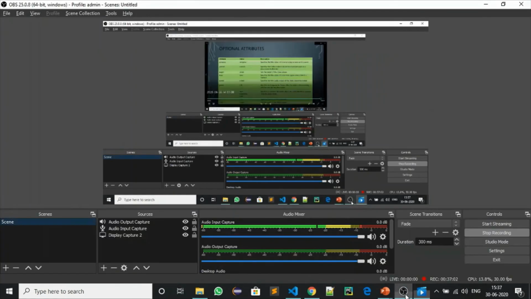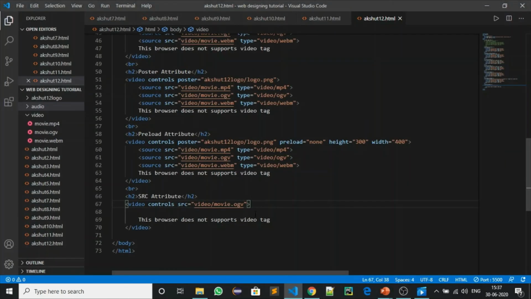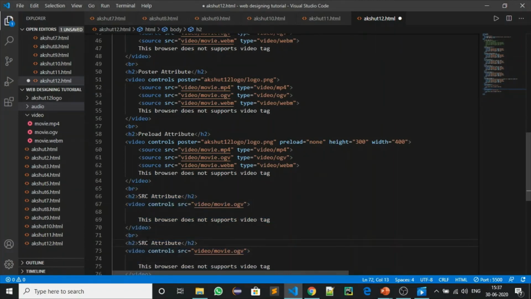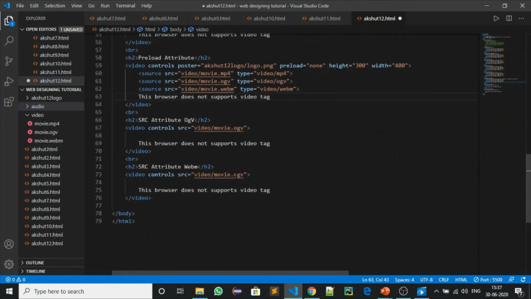If you want to, here I will go again on the VS Code. If you want to do it with the WebM, let me write here WebM, here OGV. If you want to do it with the WebM, I will select WebM.